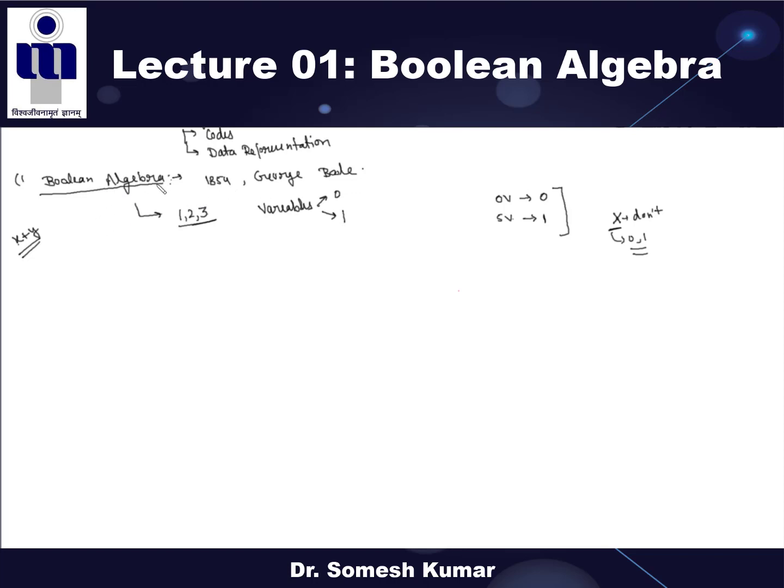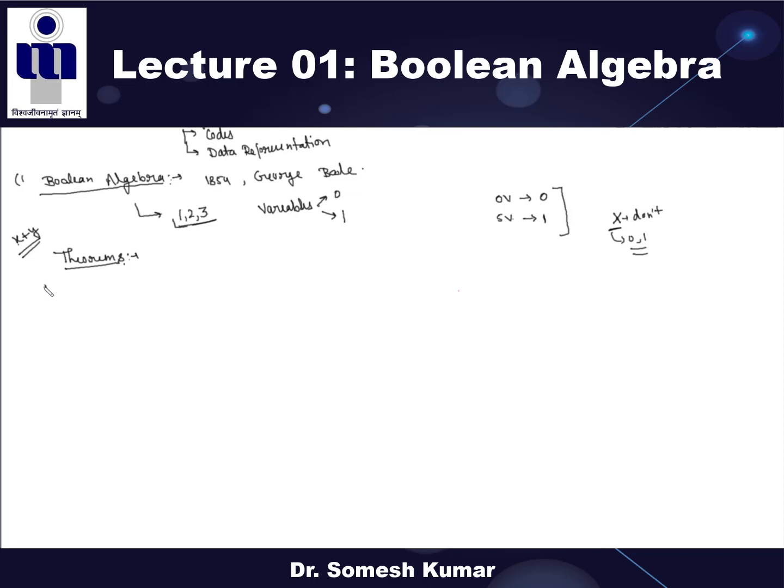So Boolean algebra is used when the maximum number of variables is 3, maybe 1, maybe 2, maybe 3. But if there are more than 3 variables, then generally we use the K-map because it is a simple approach. If the number of variables is 4 or 5 in Boolean algebra, it becomes a little bit complex. That's why we use the K-map to solve a higher number of variables. Clear? Now we will discuss the various theorems we generally use.